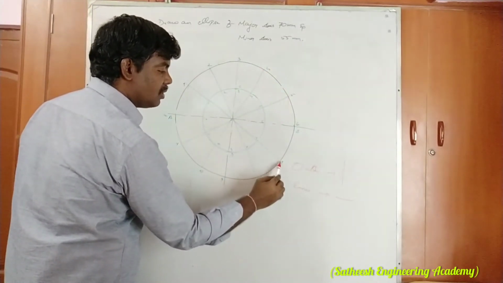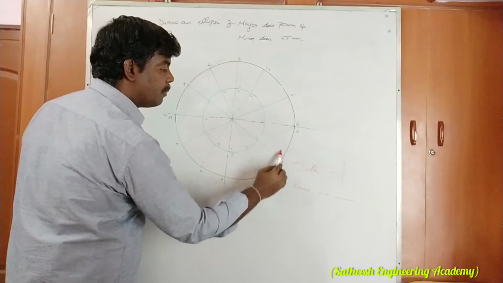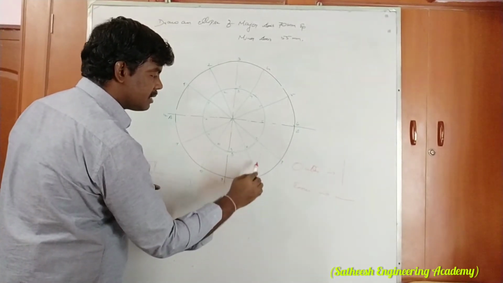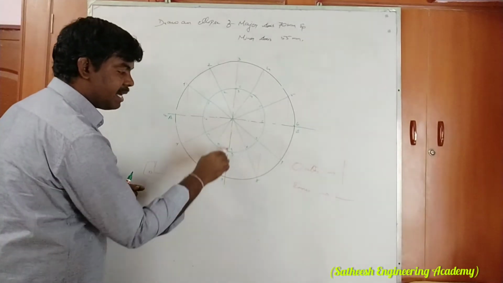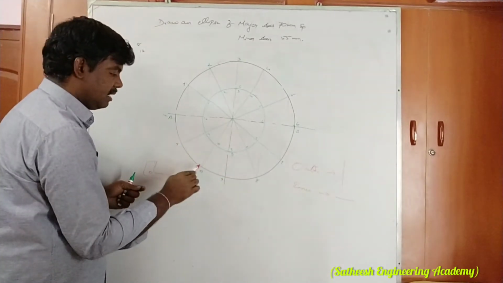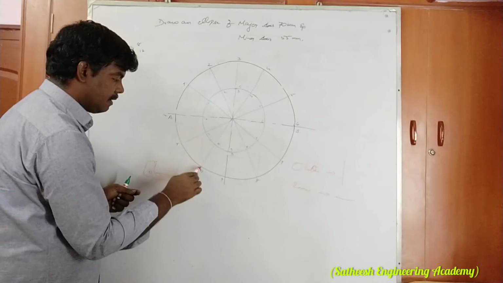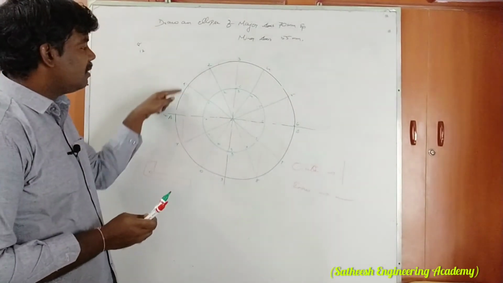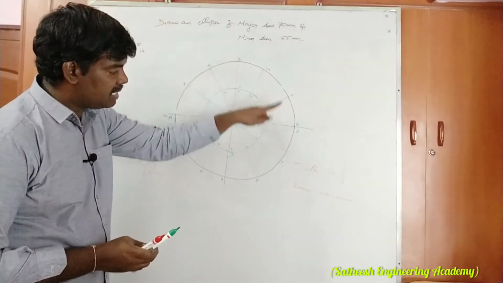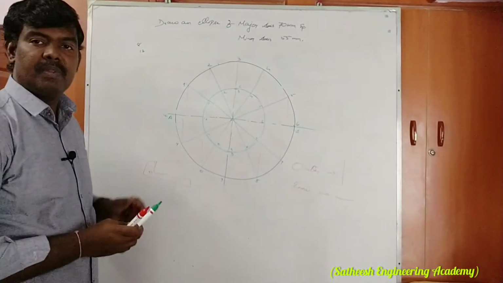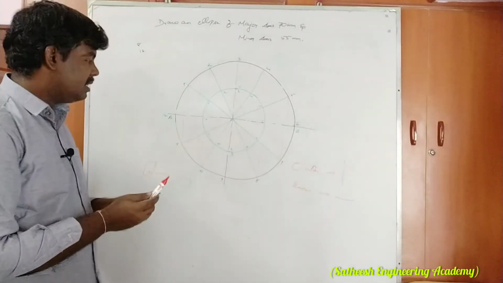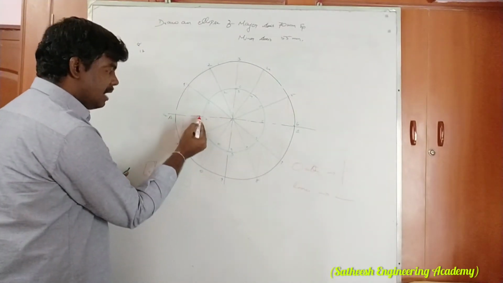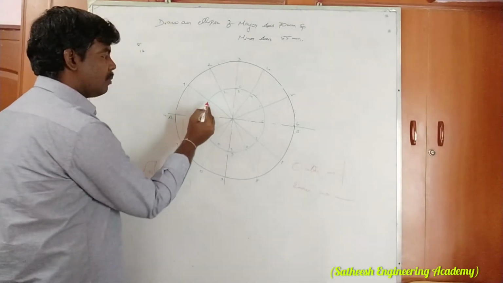Next from 7, don't draw downwards, draw upwards. 7, 8, from 9 already the axis is there, leave it. 10, 11. Okay. So from outer end 1, 2, 3, 4, 5, 6, 7, 8, 9, 10 like that, the vertical lines are over. Similarly, from inner circle you draw horizontal lines. From 12 already x-axis is there, no problem, leave it.